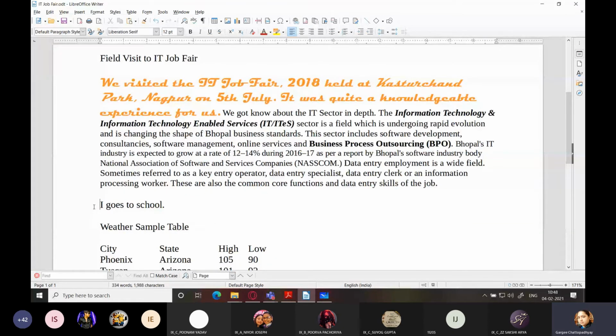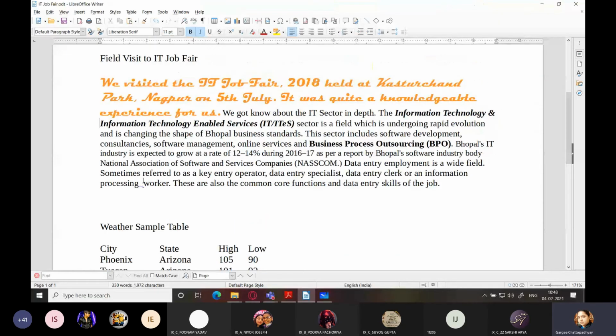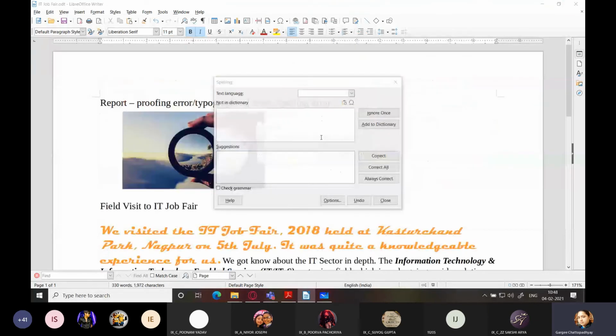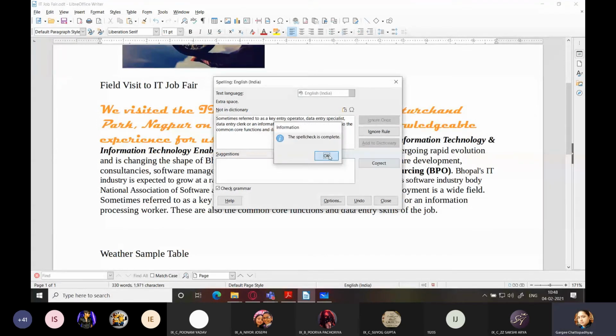So, let me try to provide an extra space in between the words, because if you give more than one space in between words, that is also considered a grammatical error. Now, if you can see here, it is giving a blue colored wavy line, which is an indication of grammatical mistakes. So if I just go to spelling now, see, now it gave me a suggestion here. Okay. I can correct it.